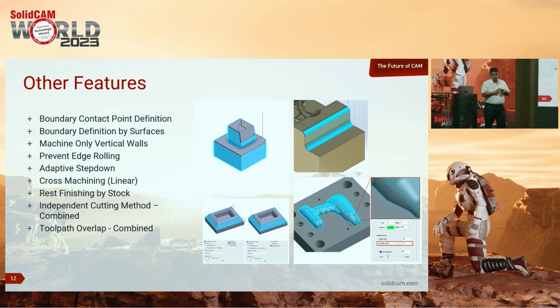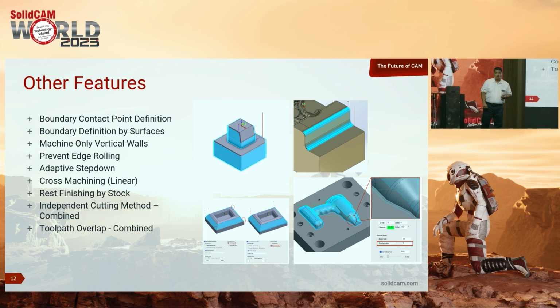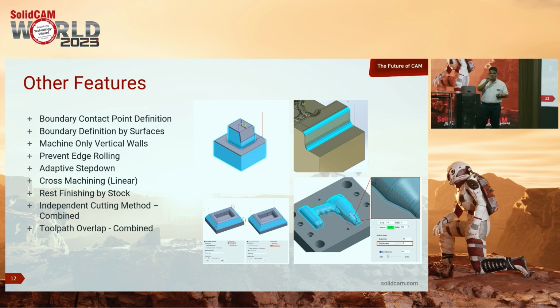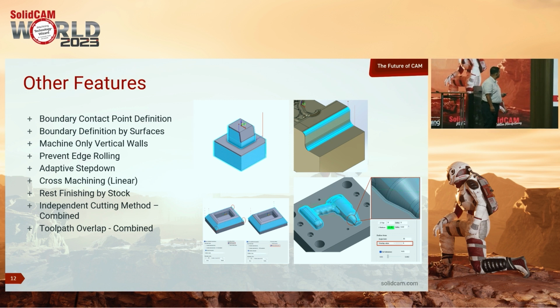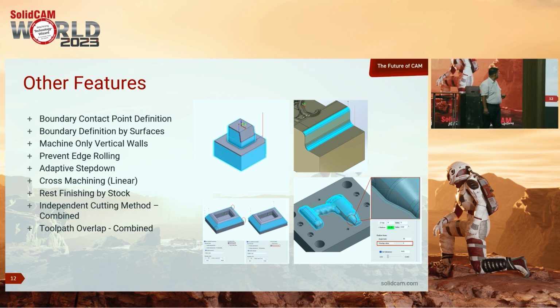To prevent it, the solution is they'll just extend the surface and start the toolpath way above to prevent the edge from being damaged. But that's going to be taken care of by the unified engine just by selecting a small checkbox that says prevent edge rolling. Then we have adaptive step down, cross machining like what we have in the HSM,